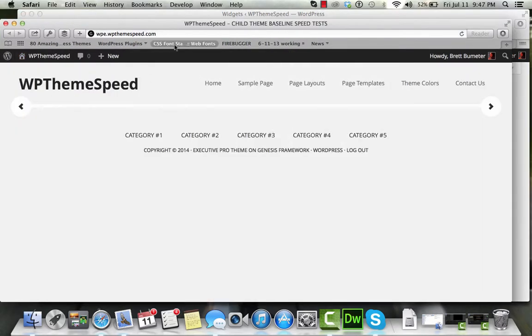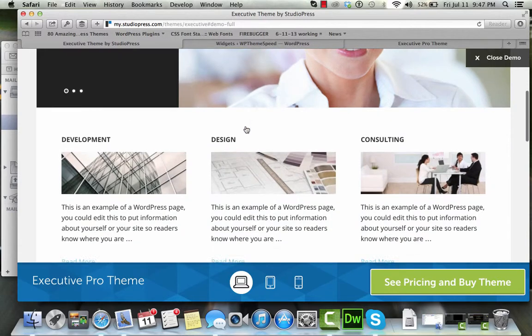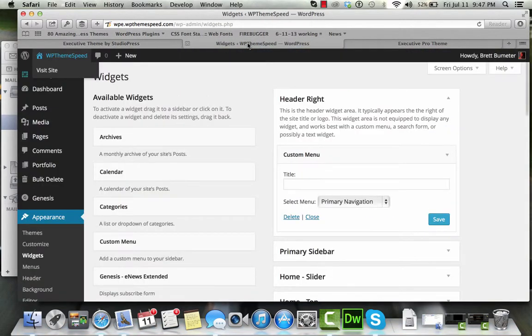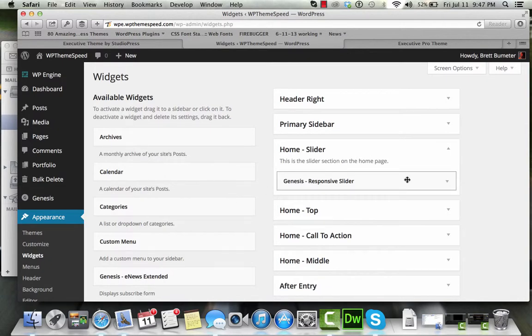We've got a lot of other stuff to add, so the home page is still quite barren and doesn't look much like the home page on the demo yet. We've got a ways to go. Okay, so we're done with that particular widget. We're going to need a slider in the top,